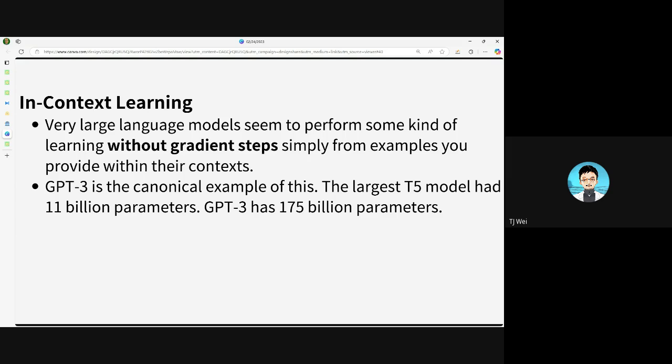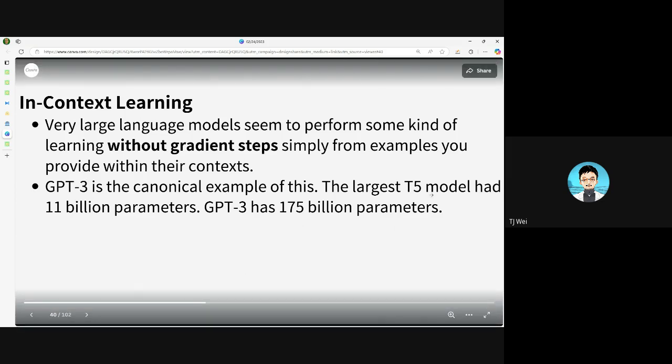We don't know about the new GPTs, but people guess things are still following these rules. Llama 4 is a little bit different because it changed the architecture. But we will talk about Llama 1, 2, 3, and you will see that they are all pretty much the same. Okay, another interesting thing is called in-context learning, which became famous with GPT-3,